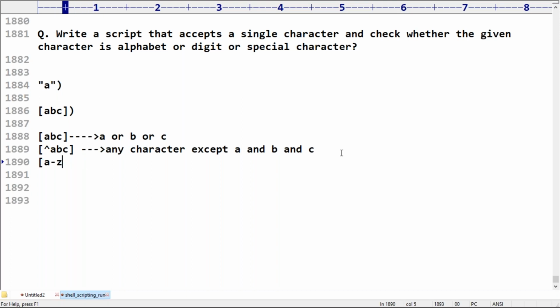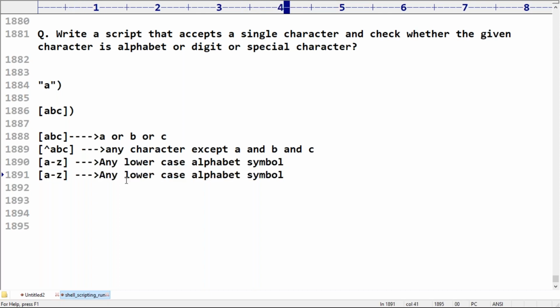Here a to z means any lowercase alphabet symbol. Remember this one. Now if I take capital A to capital Z, that means any uppercase alphabet symbol.